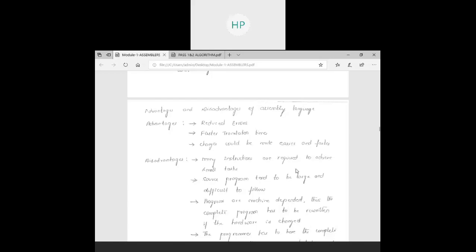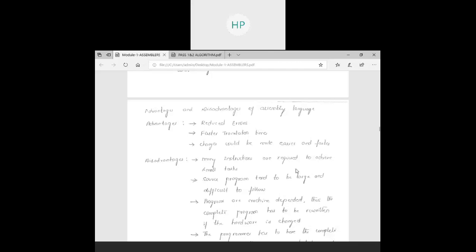many instructions are required to achieve a small task. Correct? If I write embedded C code, for reading I just say scanf with percentage d and ampersand a. That is, according to me, high level language.